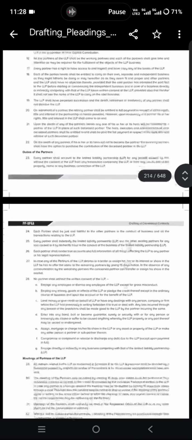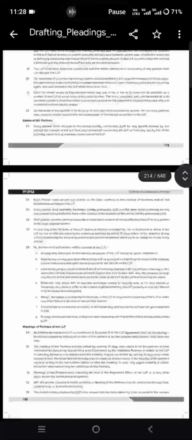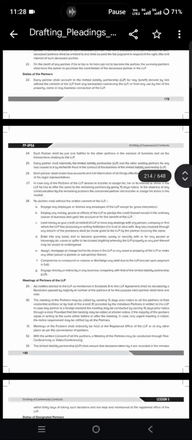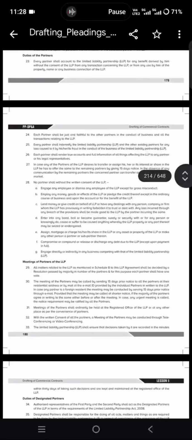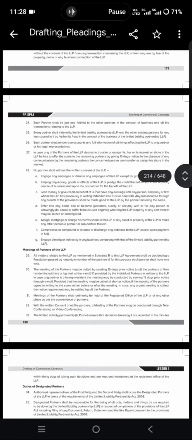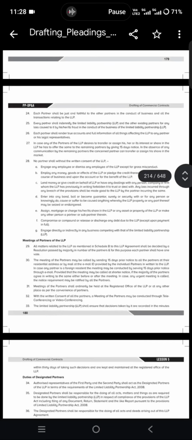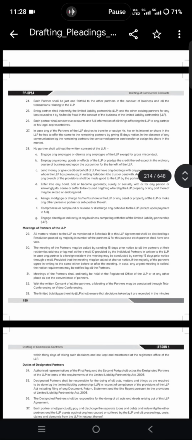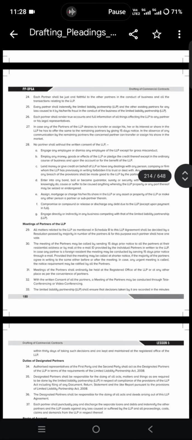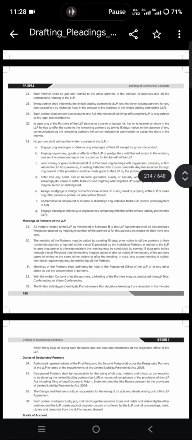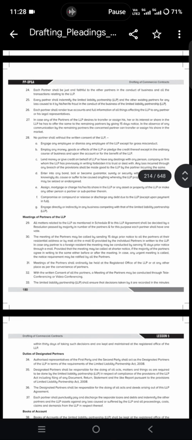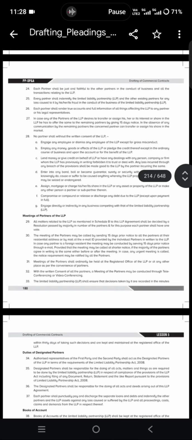Now the first party, second party, third party are interested in forming the LLP under the LLP Act and intend to write down the terms and conditions of the said LLP as below. So name of the LLP, registered office, capital contributions if any: how much the first party will bring, how much the second party, and how much the third. Profit sharing ratio is normally equal, or else according to the capital brought in, and the business and objectives of the LLP.